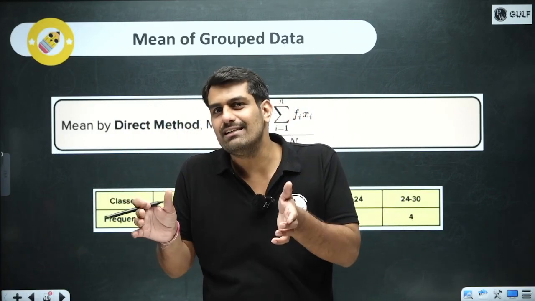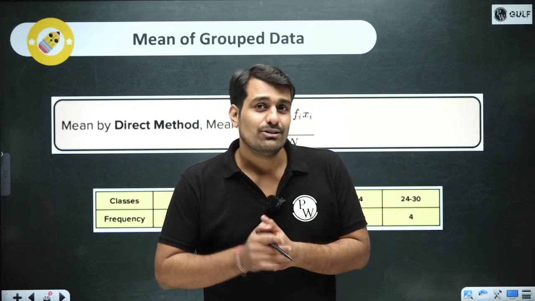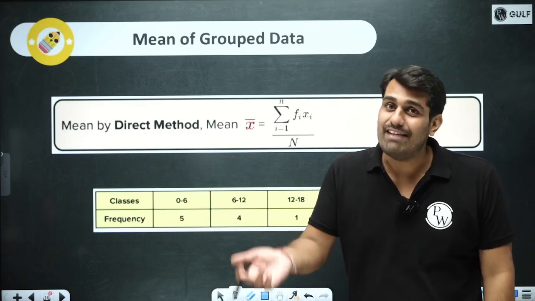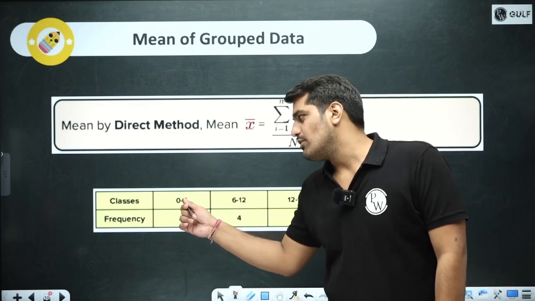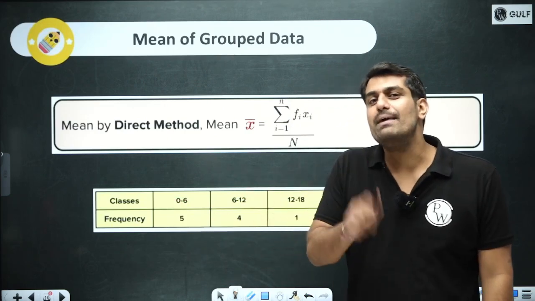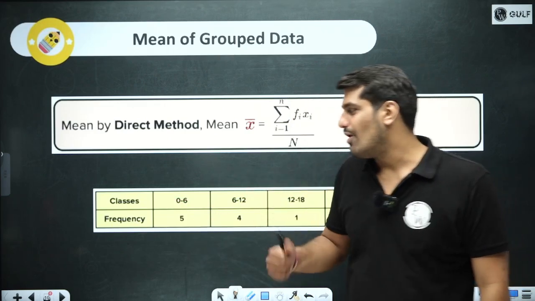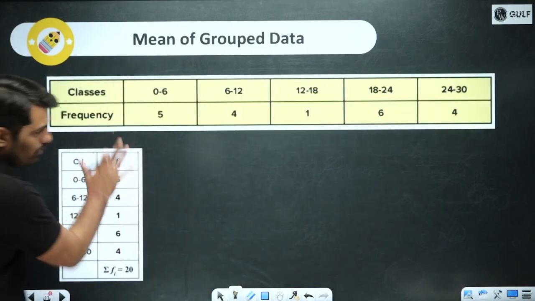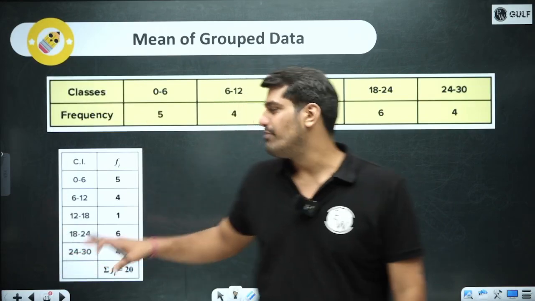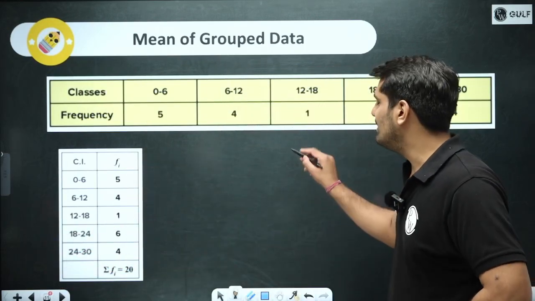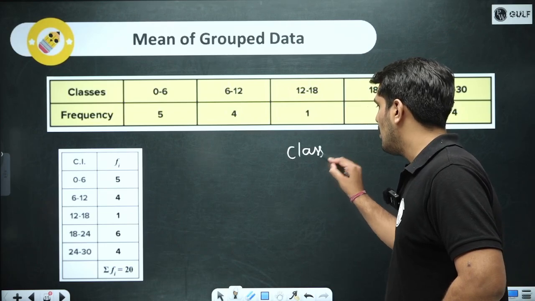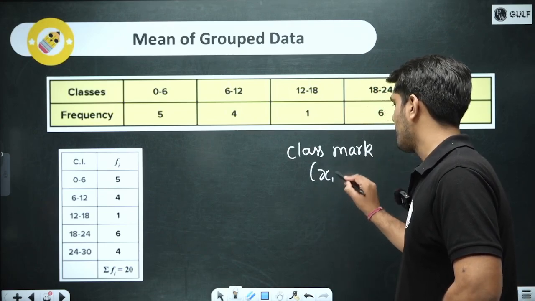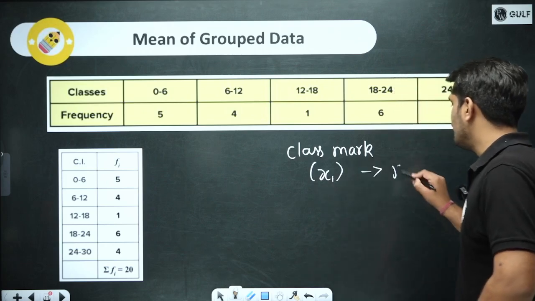So 0 to 6 is there. What will be lying exactly in between? So 0 to 6, 3 is lying exactly in between. 6 to 12, what will be lying exactly in between? 9 will be lying. So basically, I am taking the average of the classes itself, and I am taking the mid value of those. So I am taking the mid value, I'll be calling that the class mark. So this is the table which is in front of your screen. I have represented this. I will be coming up with a new thing which is called class mark, represented by xi. And what is this? This is the mid value